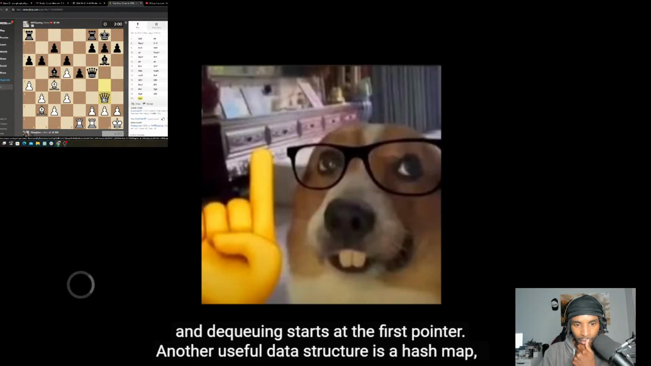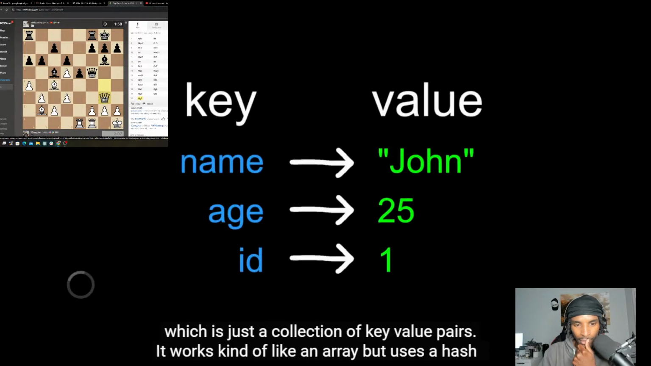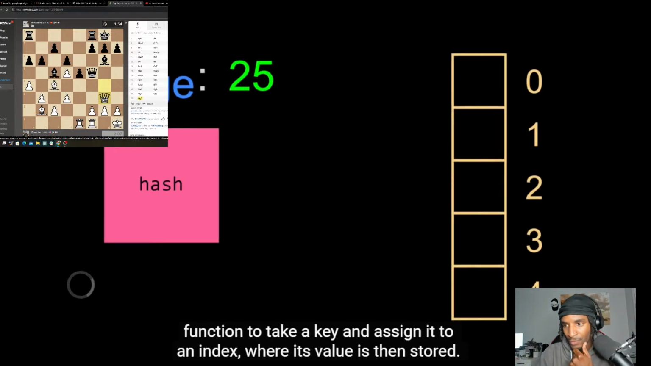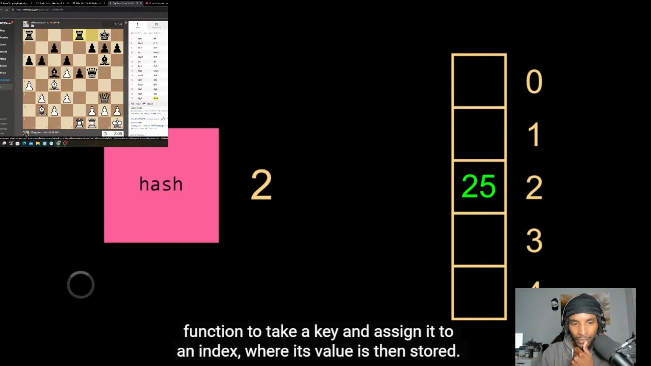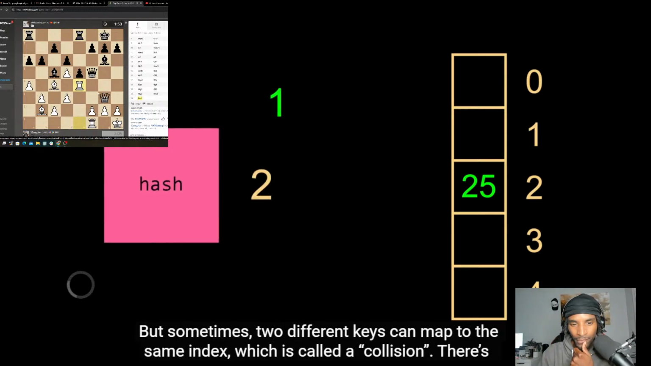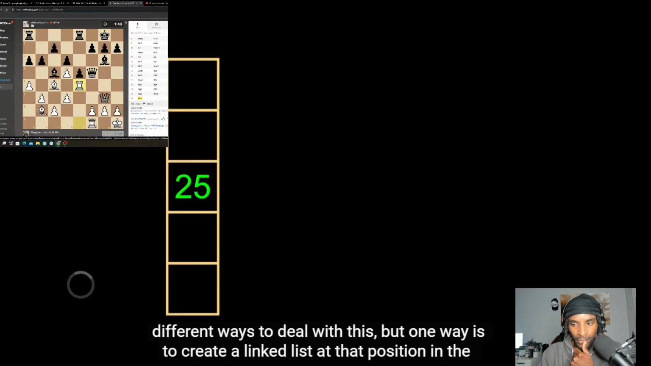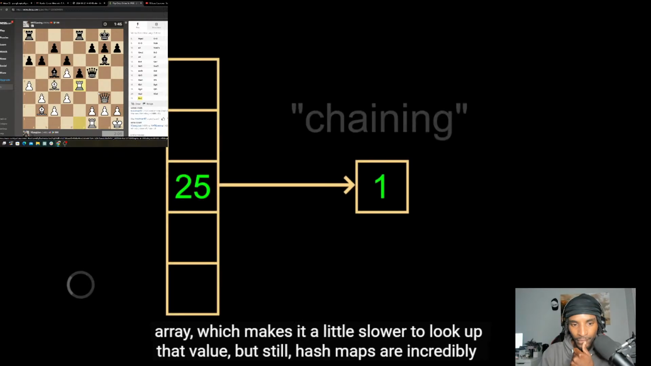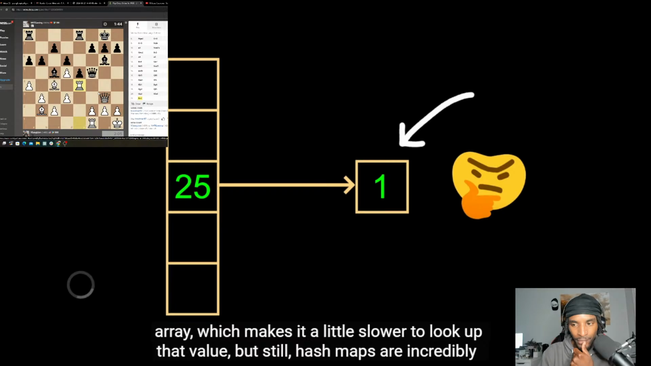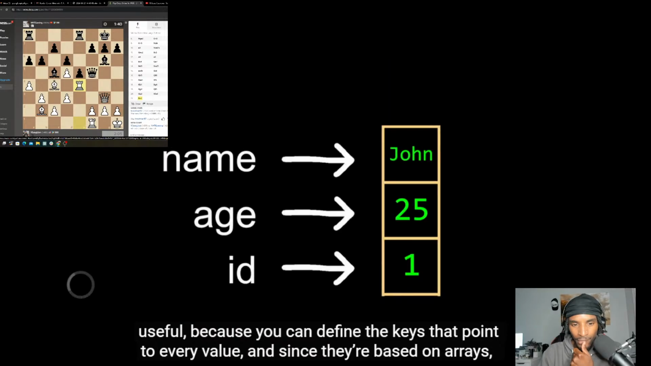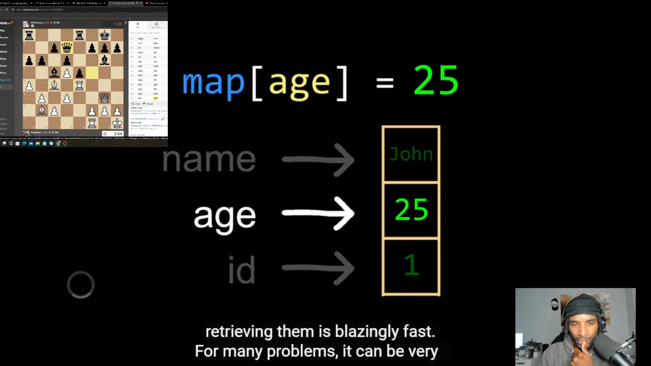Another useful data structure is a hash map, which is just a collection of key value pairs. It works kind of like an array, but uses a hash function to take a key and assign it to an index, where its value is then stored. But sometimes two different keys can map to the same index, which is called a collision. There's different ways to deal with this, but one way is to create a linked list at that position in the array, which makes it a little slower to look up that value, but still, hash maps are incredibly useful because you can define the keys that point to every value, and since they're based on arrays, retrieving them is